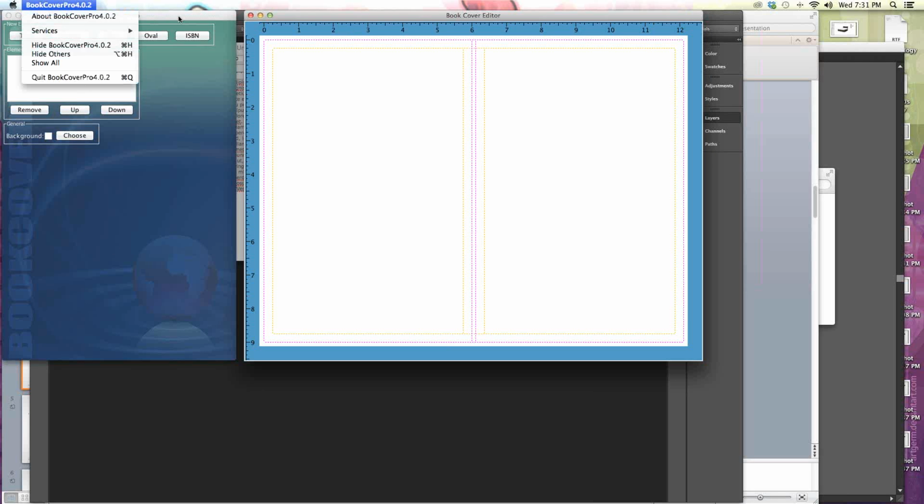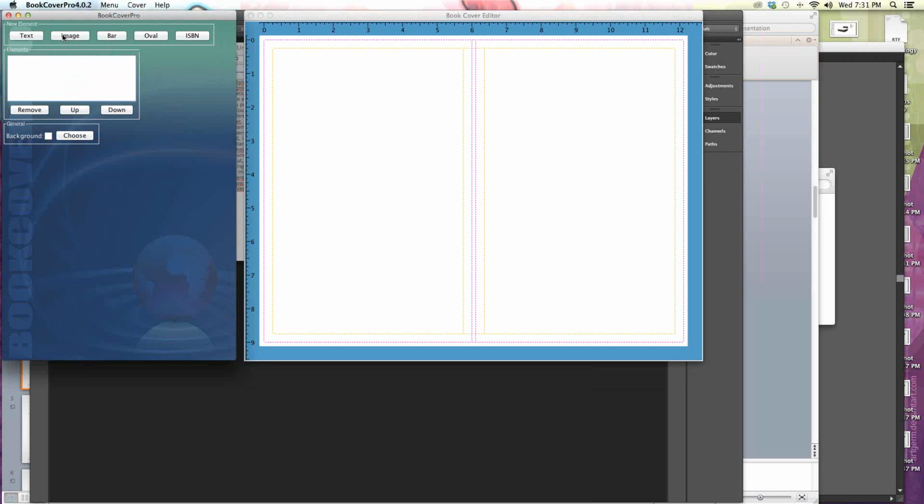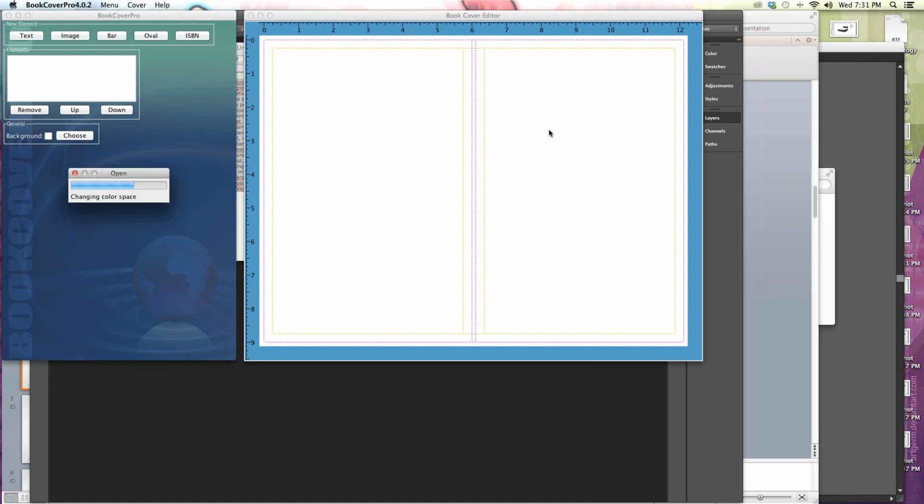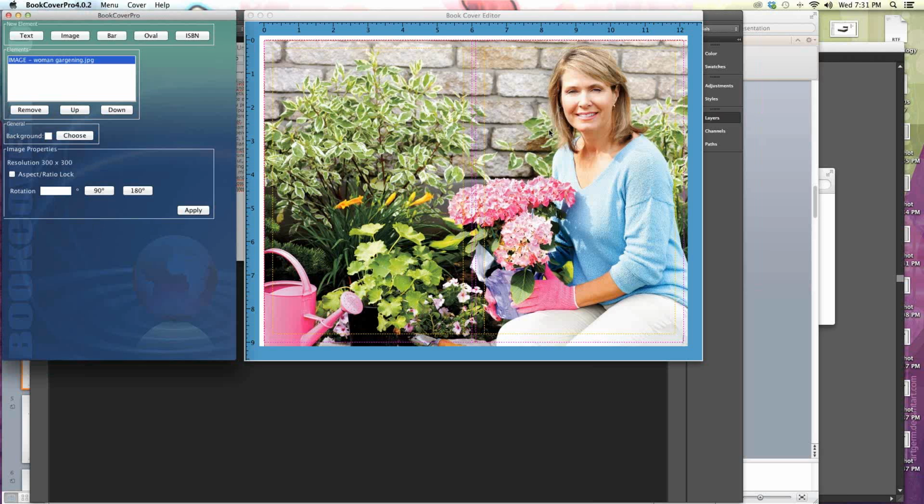We're going to click our image, and we're going to use